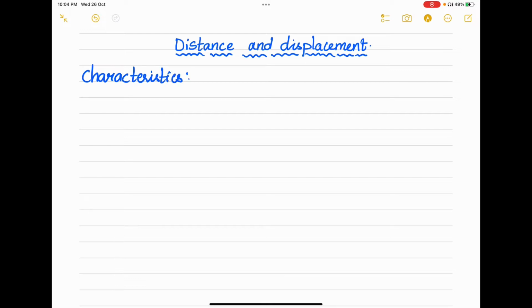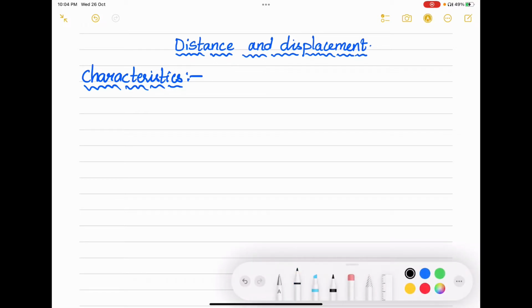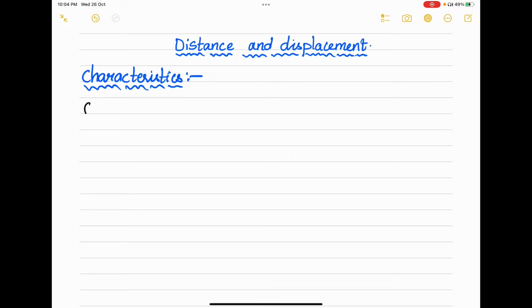Clear? To explain these characteristics, I would like to consider three different examples, three different cases. So let us go through those cases straight away. First, initially, I would like to take case 1. Say a boy